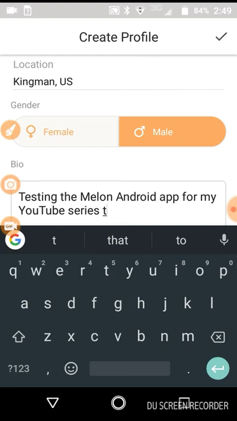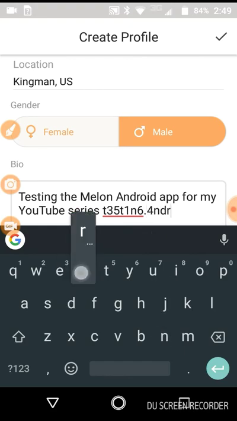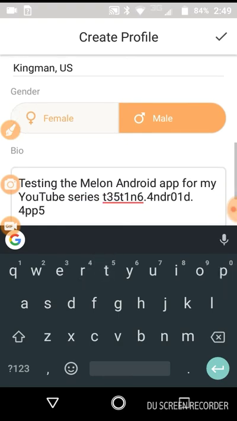I'll go like this. Testing Android apps.